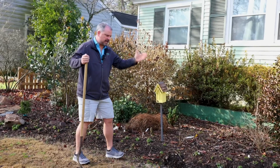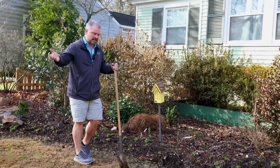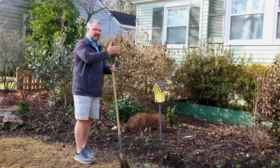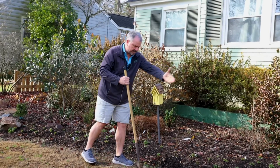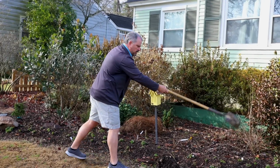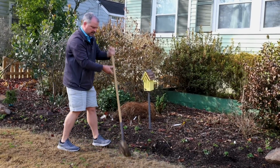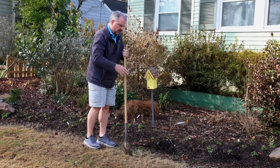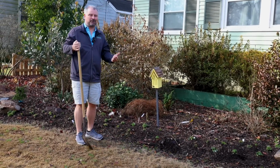So that could be edging old beds, or it could be expanding a bed. I put up a video last year about expanding the annual beds in the back garden, and all we did was cut a new edge and paint a new line. It was a similar shape to the one we already had. We just wanted it to be further out. So we trench edged it, took the grass out, put down some compost, and we were ready to go